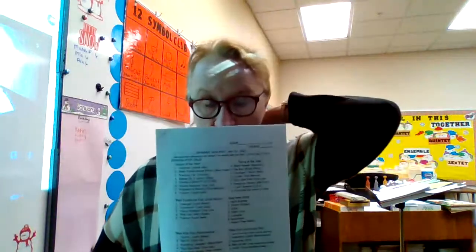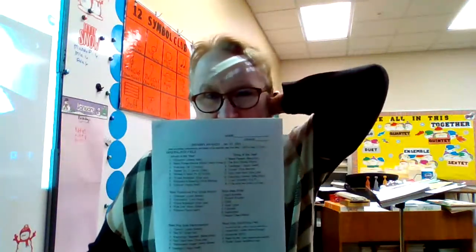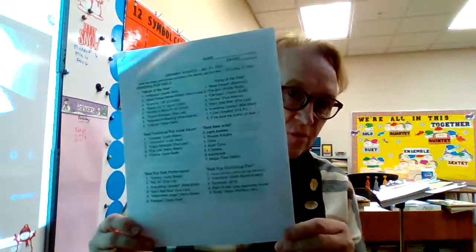and go ahead and vote for who you think is going to win this year. And again, I tell everybody every year, you're not going to know every single artist and every single song that's on here, but guess, because sometimes the people that guess are the people that do really, really well. And you're not going to be in the room to count, so it really won't be a contest for you that much, but it's just kind of fun. It's a fun thing to do and see how you do.